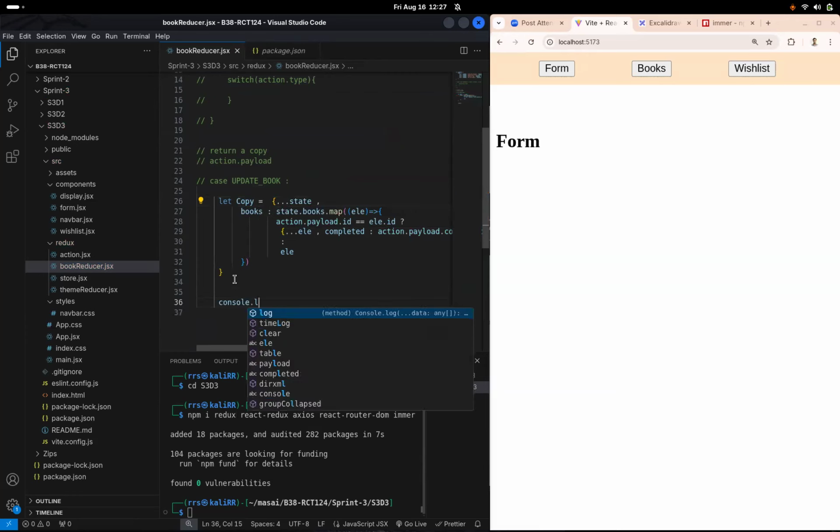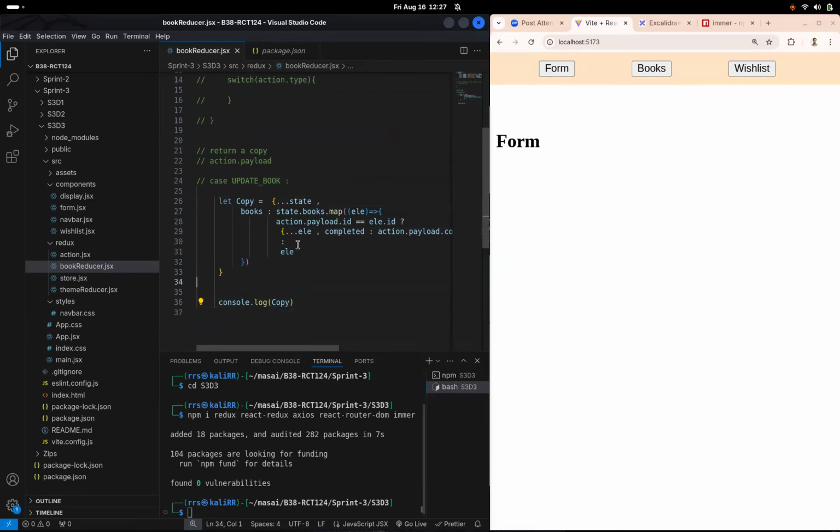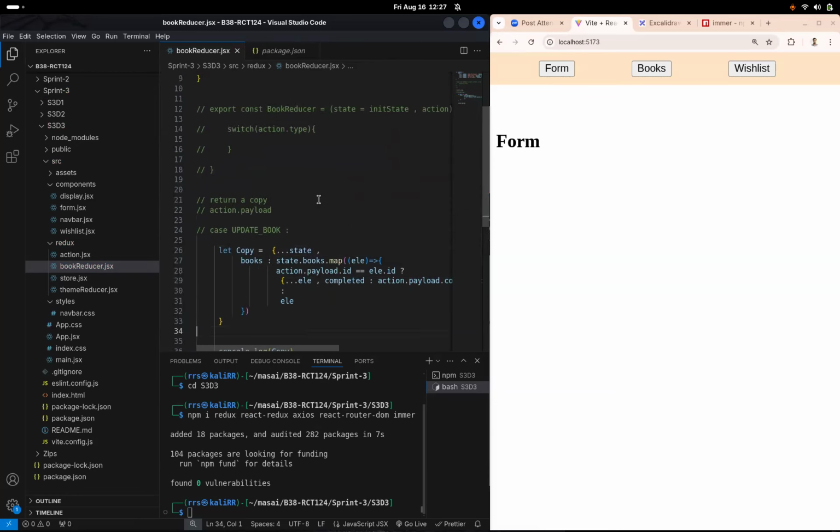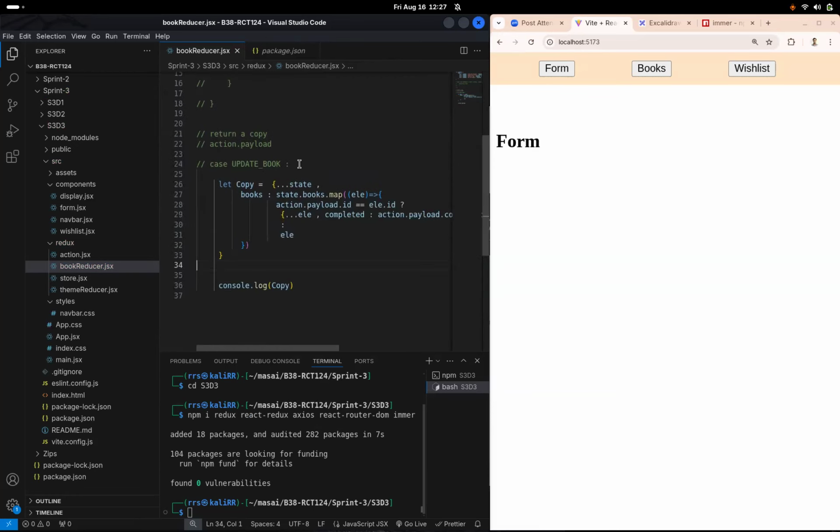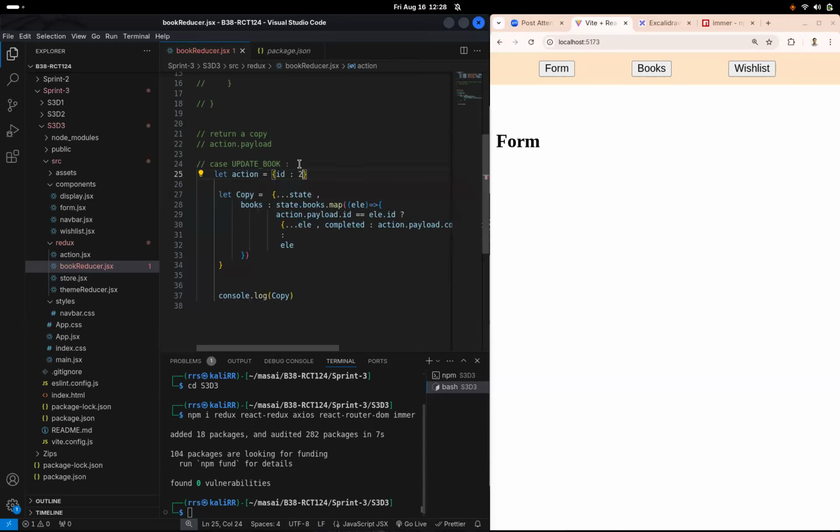If I do console.log copy, I should get the copy. But action and payload is not defined, so that will get an error. So let's do one thing. Let's have action, and this will have an ID of 2 and a payload of